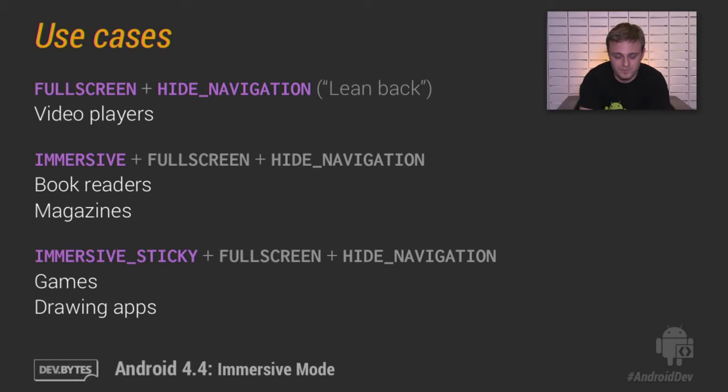Lastly, if you're building something truly immersive, such as a game or a drawing app, you may want to use the immersive sticky flag, in addition to the full screen and hide navigation flags, again, as we talked before. In this case, swiping up from the top of the screen will very briefly reveal the system bars in a very, very transient state. So that's immersive mode in Android